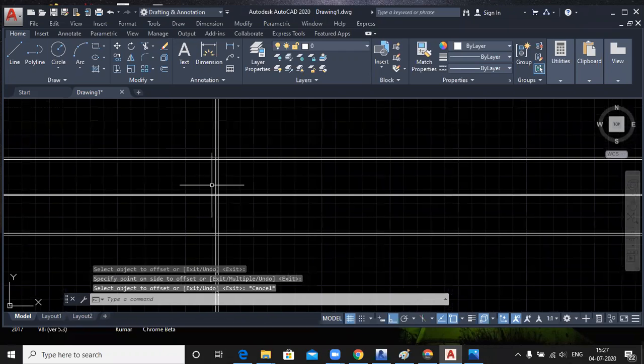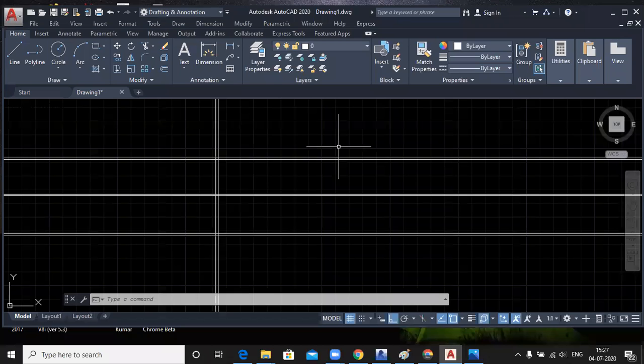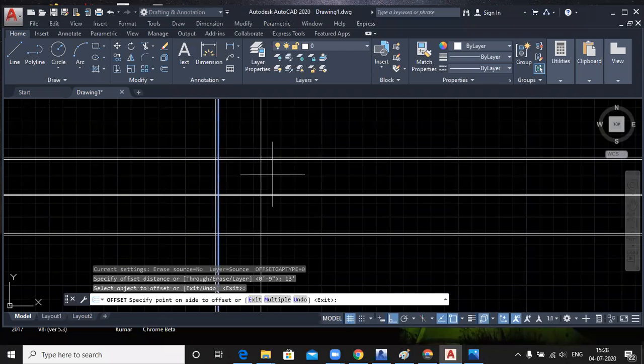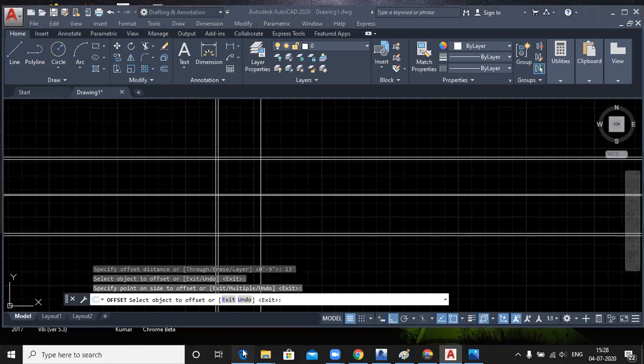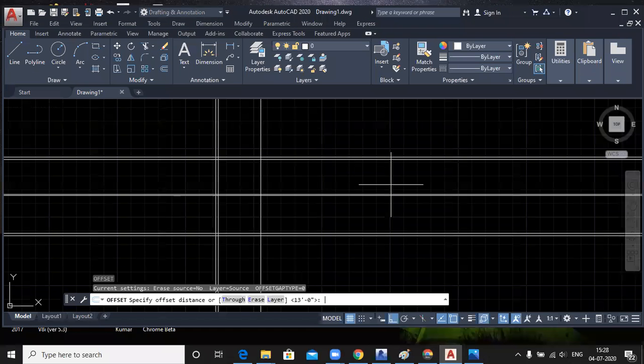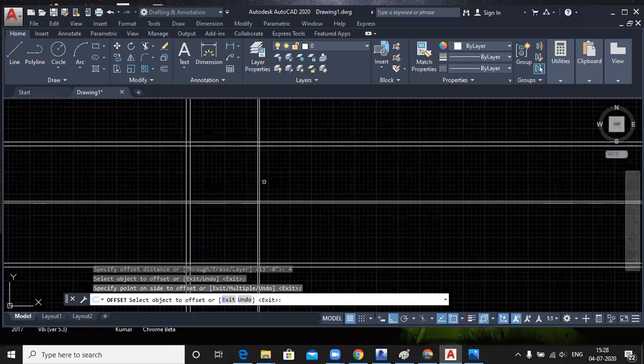Now the time for the vertical axis. The vertical axis is 13 feet from this line. You just select offset and specify 13 feet like this. And this is also a 4-inch wall. Again you have to choose 4-inch and click here as 4-inch like this, right?